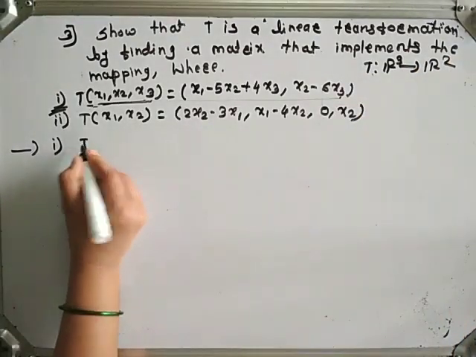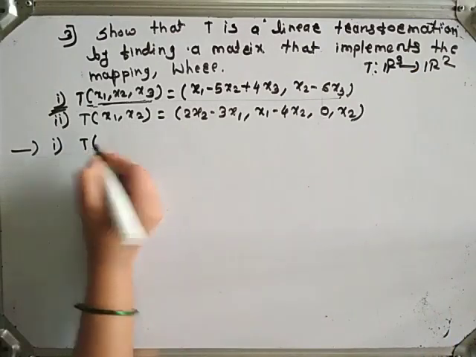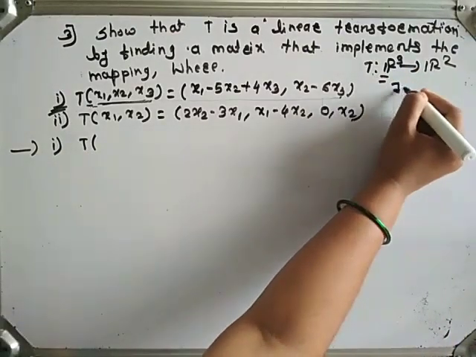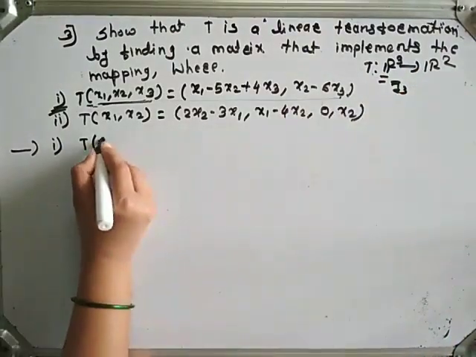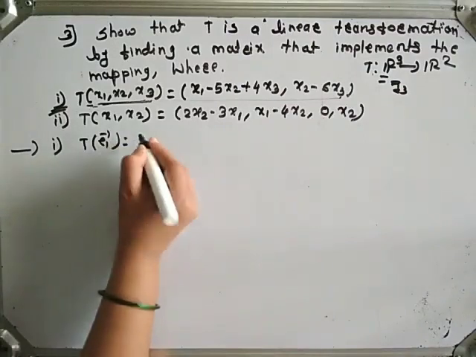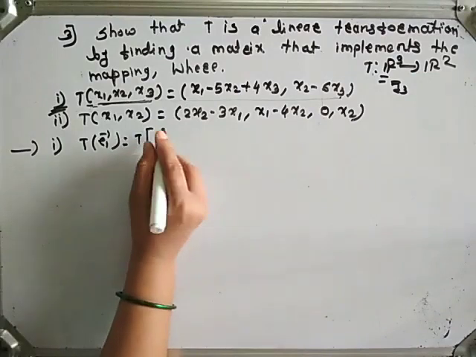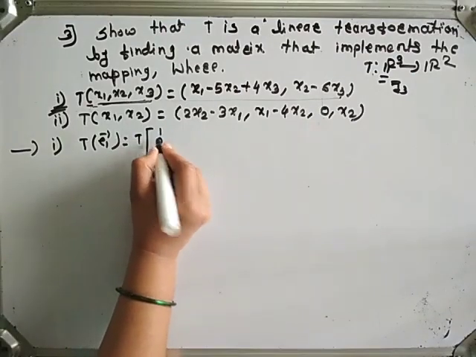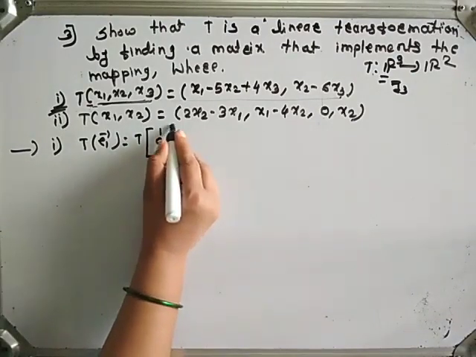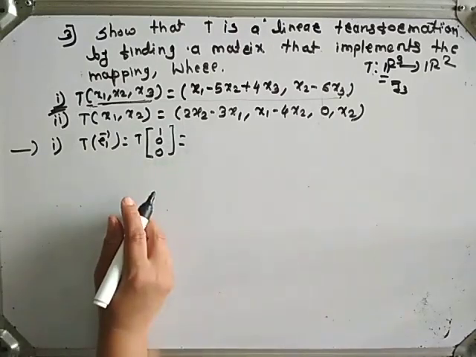So here we require 3 columns of I3 matrix. T of E1 bar is equal to, what is E1 bar? T of E1 bar is 1 0 0, okay, which is equal to,